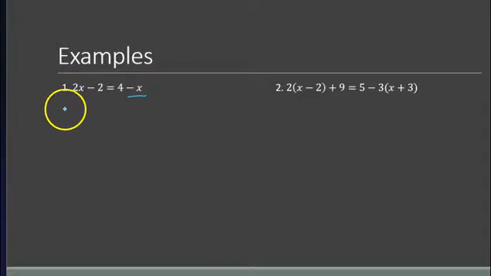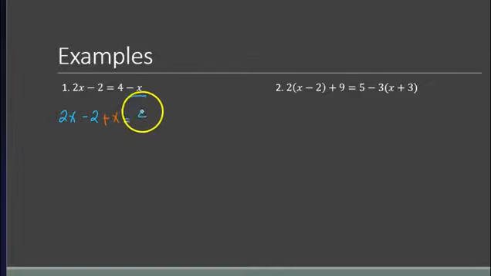So usually in the shorter notation, we just say transpose, okay? And then you change the sign. That's the short way. But this is what really happens. I'm going to show you. We are going to add, I'm going to use a different color, we're adding x to both sides of the equation.